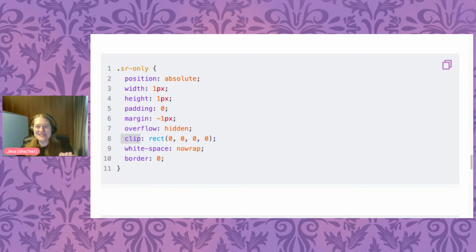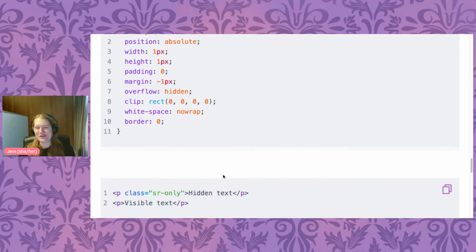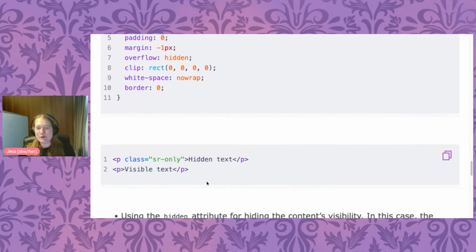So I was saying, hey, the clip looks like it's deprecated. It's like it's commonly used. This might be something for us to update freeCodeCamp with later. And if we wanted to use that,